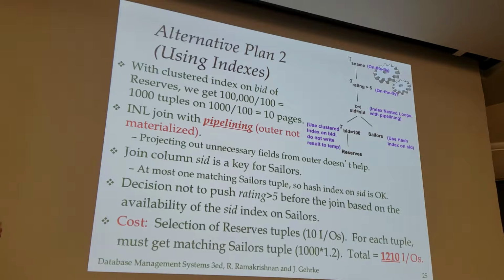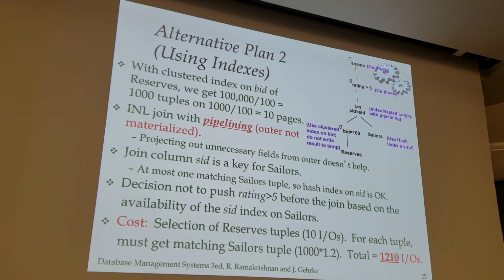So we're going to use another plan with indexes, and let's assume we're going to make things pretty for us now. Let's assume that there's a clustered index on the BID column of reserves, so a clustering B-tree index. And we'll assume that there's a hash index on the SID column of sailors. Now remember,